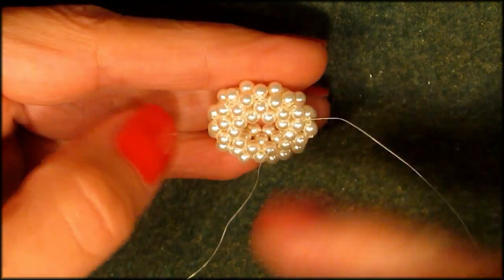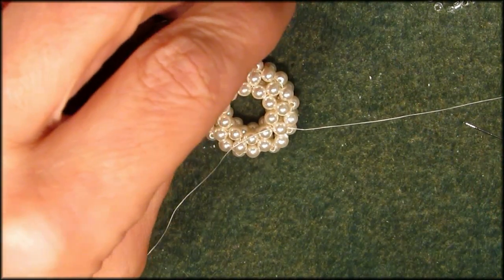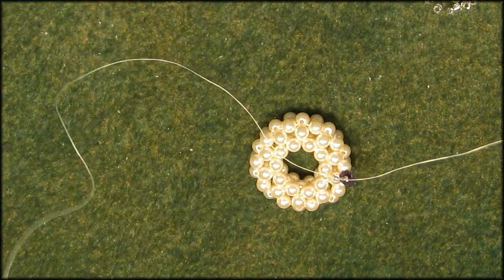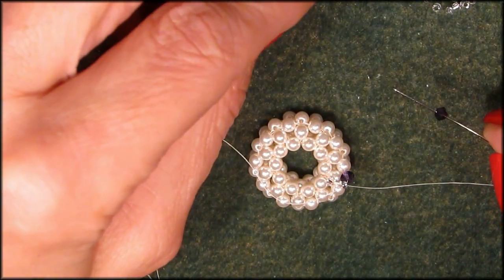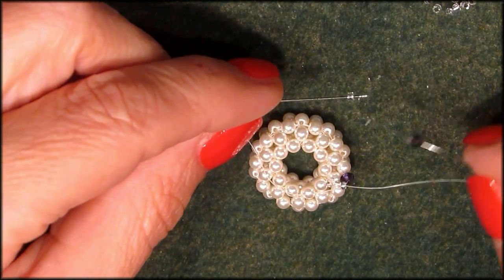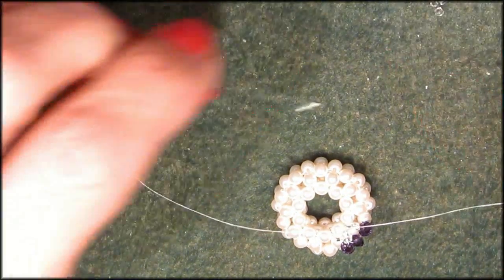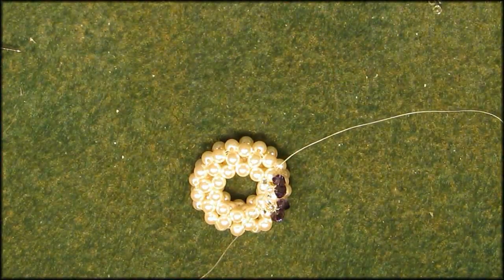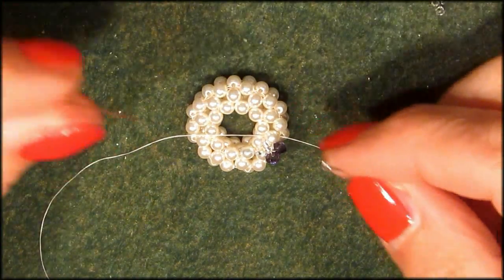So if you're going to make it bigger, add 8. So, Swarovski on the right side, Delica bead 11O on the right side, picking up on the left side, another 3mm, this purple velvet, picking up on the right side, my Delica bead 11O, and then again bicone on the left. So, one more time. Bicone on the left, silver lined Delica on the right, cross in an 11O silver lined